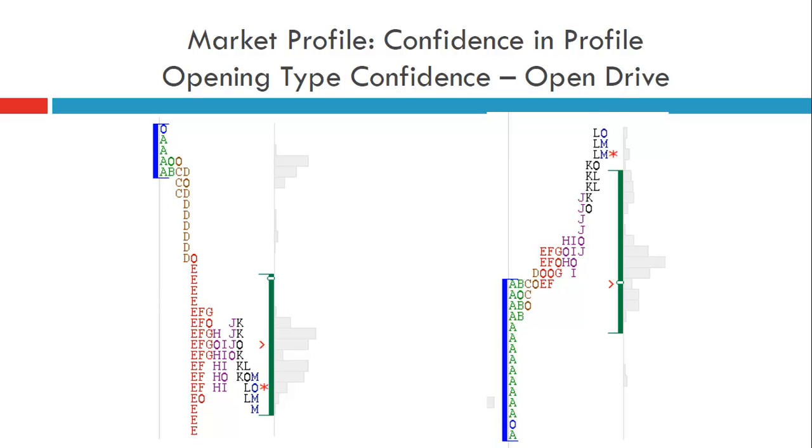So let's say a market gaps up or gaps down and then keeps going down, then the B interval starts near the low of the A interval, then you would know that this is a strong open drive in place. Alright,